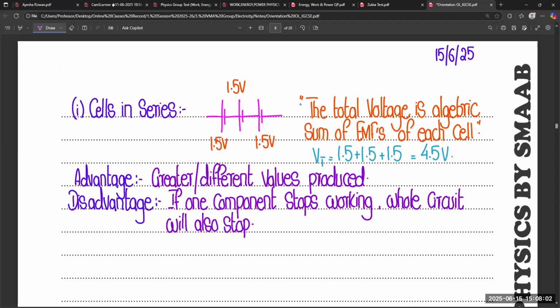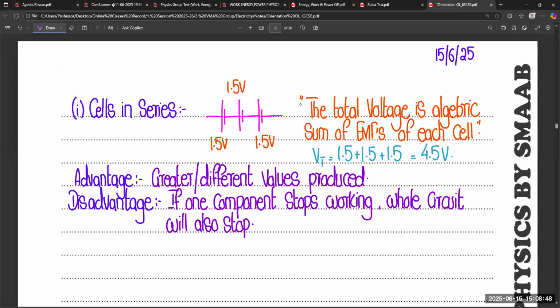So basically, the problem with series combination is if one component is damaged or not working, the whole chain or the whole series will stop working because there is a defect in one component in series combination, because it is like a chain combination. And in chain combination, if you have any defect somewhere in the chain, definitely the whole chain will get disturbed and it will not work, if any one cell or any one battery in series combination stops working. So this is the disadvantage of using series combination. You have to replace that component, then your circuit again starts to work.